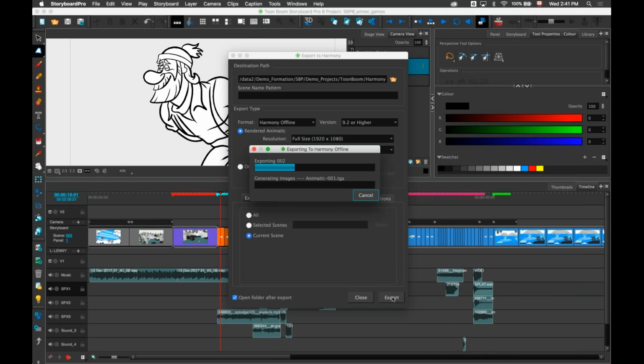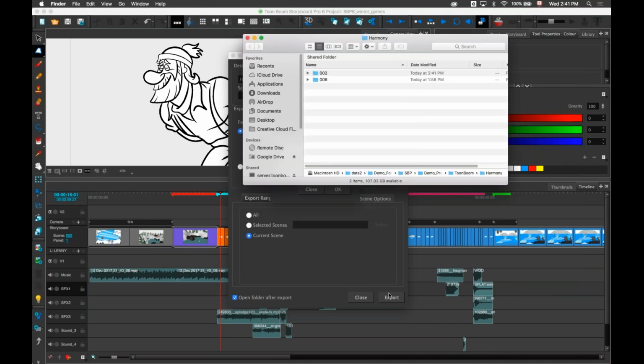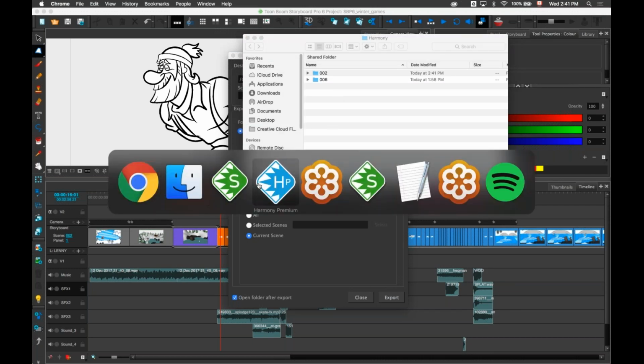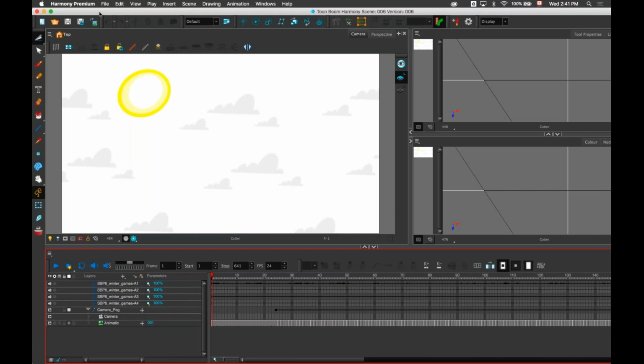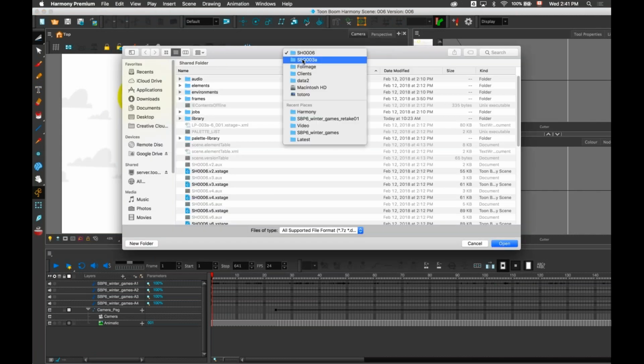So when I export this, instead of rendering one frame for each of the frames inside the panels, it will render one image for each panel, and we'll expose this in Harmony. So one thing is that the export is a lot faster. As you saw, the export was really, really fast. And once I open this